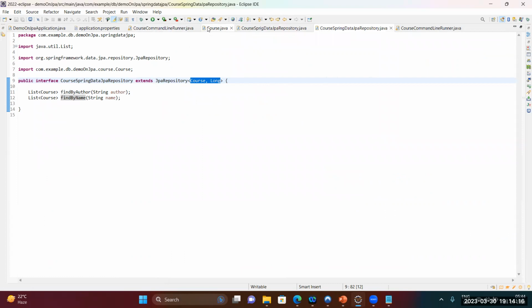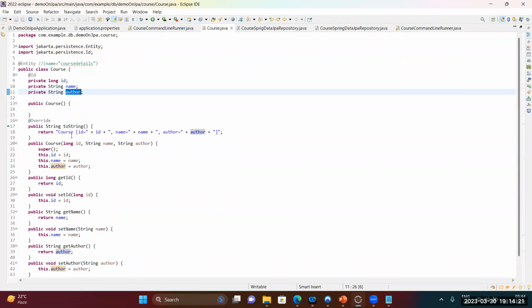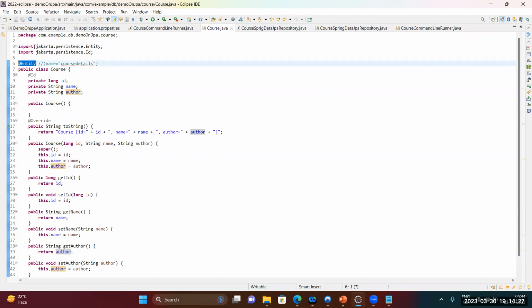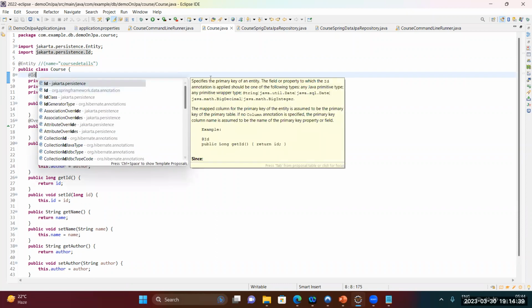in the course.java, we were utilizing a number of annotations, like @Entity. So it is saying Jakarta Persistence and Jakarta Persistence ID, right? But you have a couple of other options also when you are trying to import, right? So if you see here,